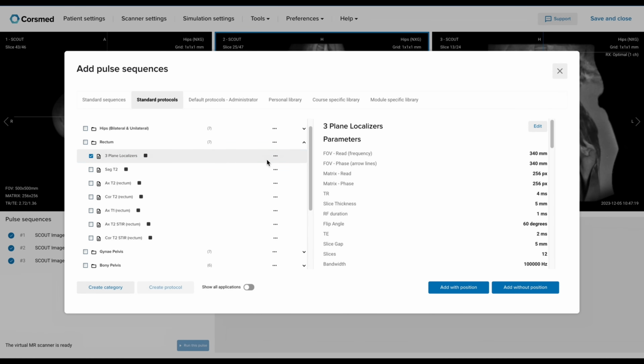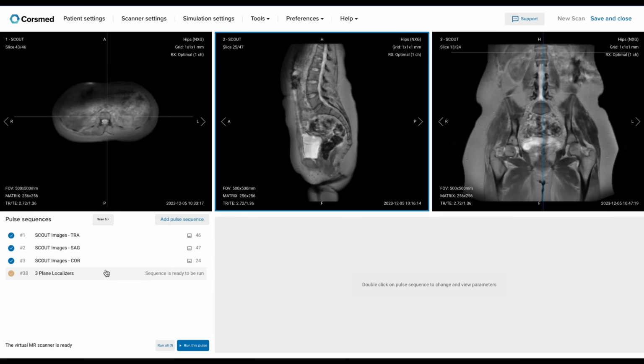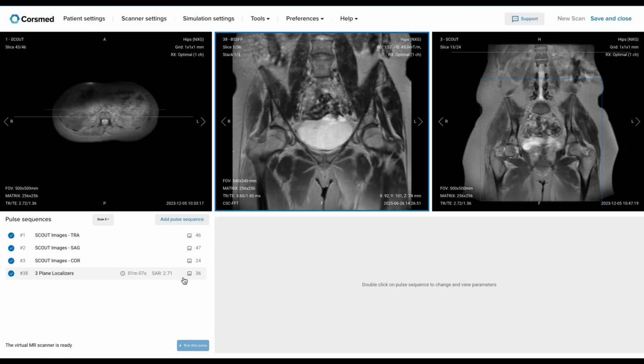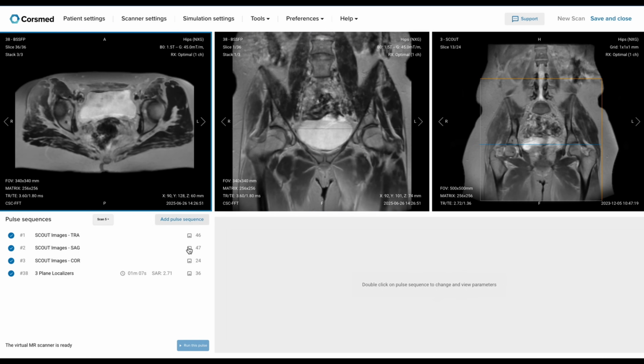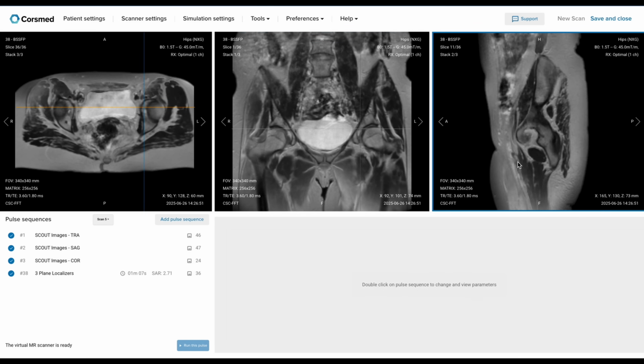We can use the one from the rectum because the rectum and anus are often scanned together as they lie very close to each other. So I'll just add this and run the 3-plane localizers. Now they just finished. Once acquired, we can upload the images in each viewport and scroll to the mid slices